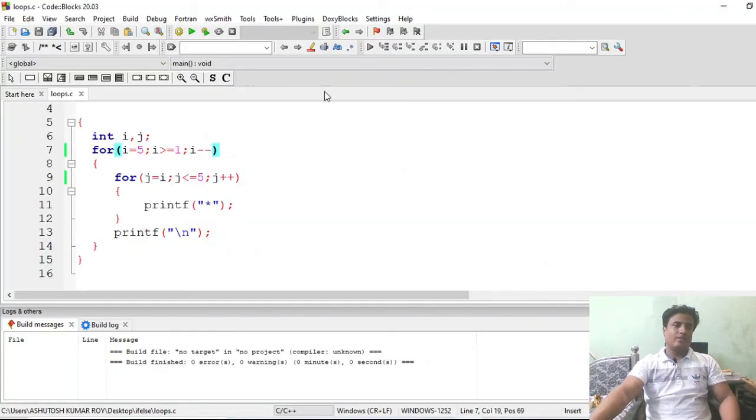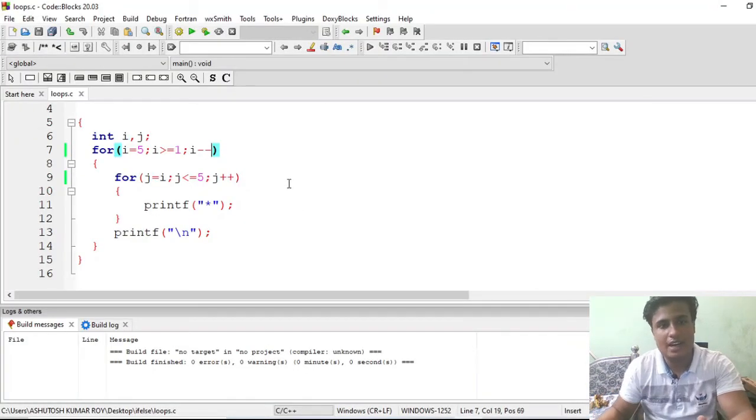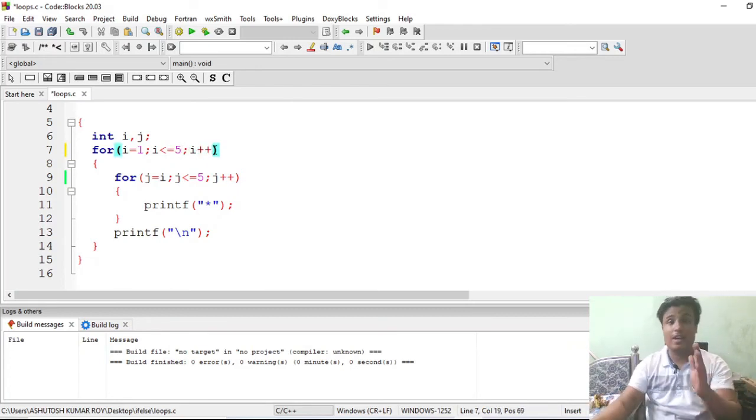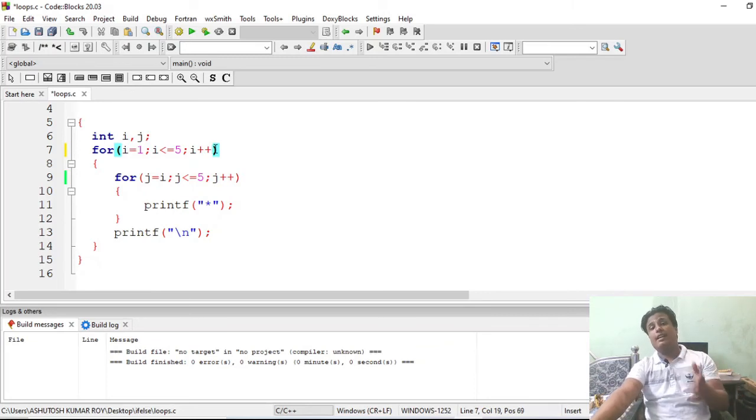So suppose now we have changed the value like this. Suppose what we can do is let's make j work as i, and not change anything else. Let's make it what it was earlier. Let me show you how I am getting into this directly, because of my practice. If you do this, you will also get it. Everything is all about practice. I am telling you again and again, there is no shortcut.